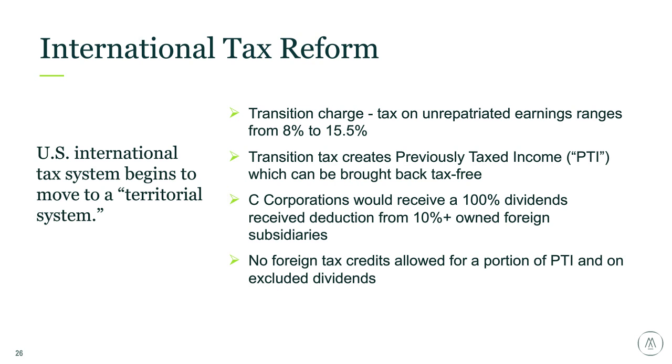There isn't a tax that's computed at that rate. Rather, there's a gross inclusion of those foreign earnings, and then there's a corresponding deduction that's calculated based on those rates. For individuals who own foreign entities, either directly or through a pass-through entity, those rates actually tend to be a little bit higher because the deduction amount is calculated based on the corporate rate of 35%, whereas individuals can be taxed as high as 39.6% for the 2017 tax year.